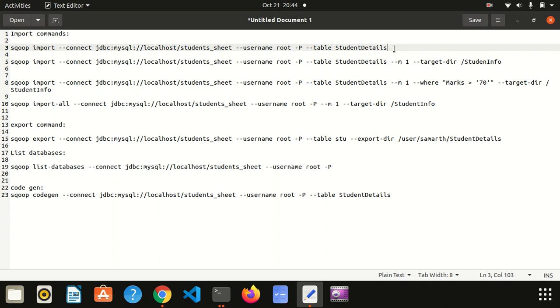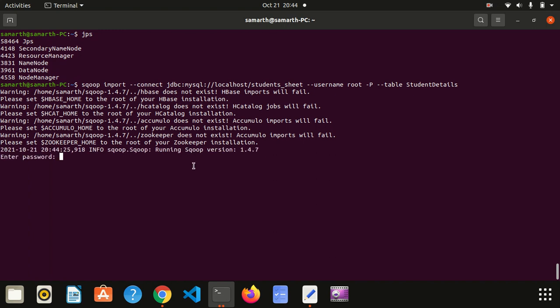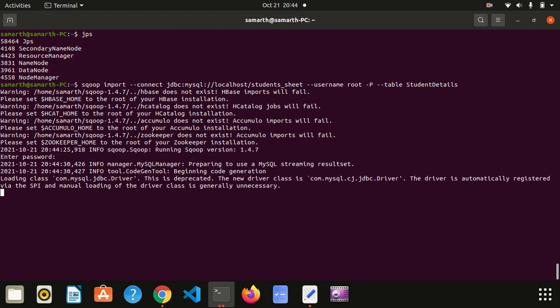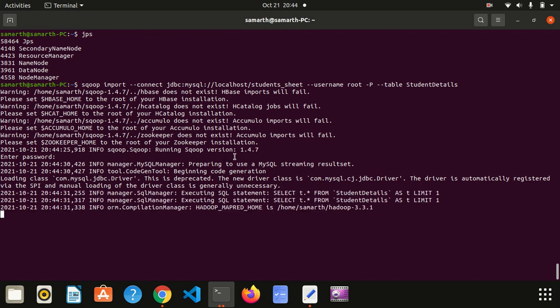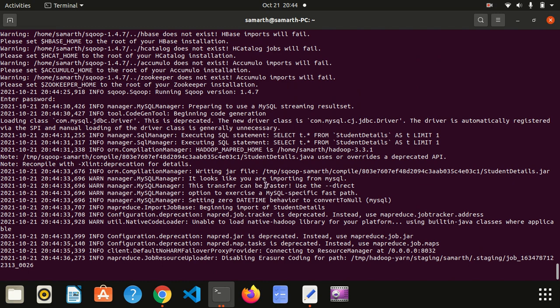So initially it will create 4 mapper files, and it will create a directory as user. If I execute this command, you have to enter your password. It will take some time depending upon your table size.